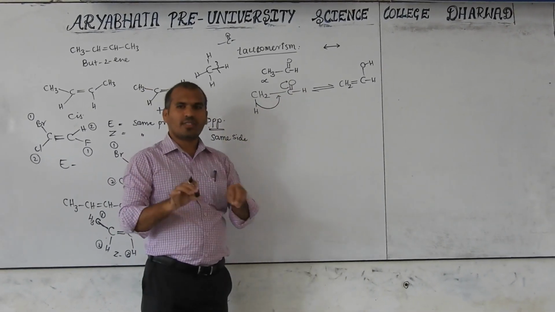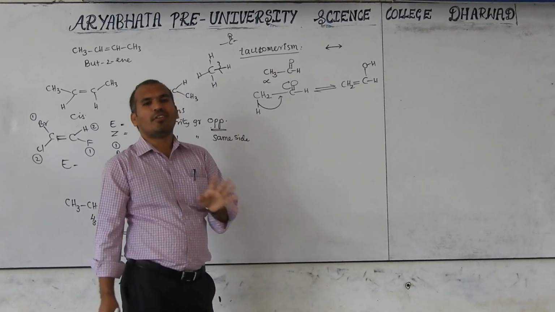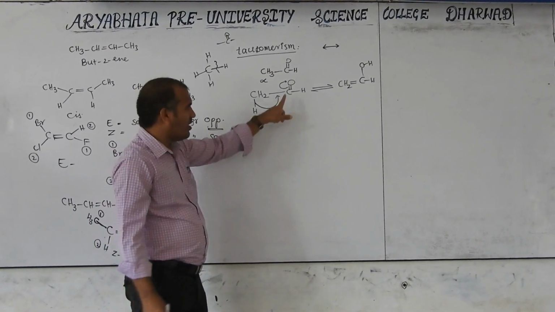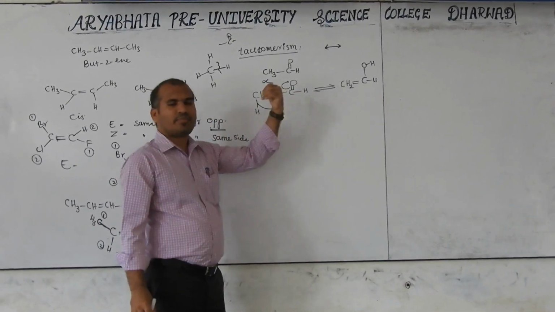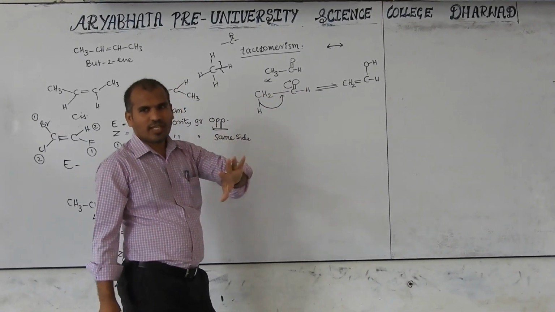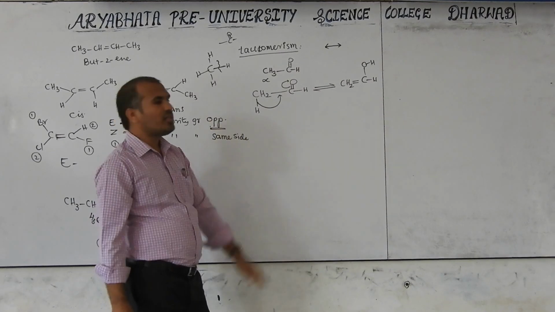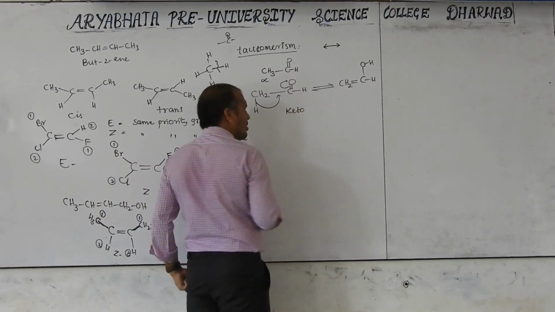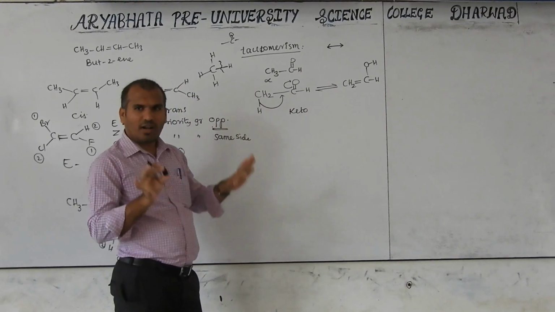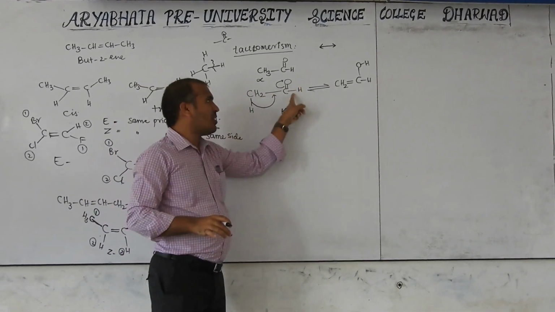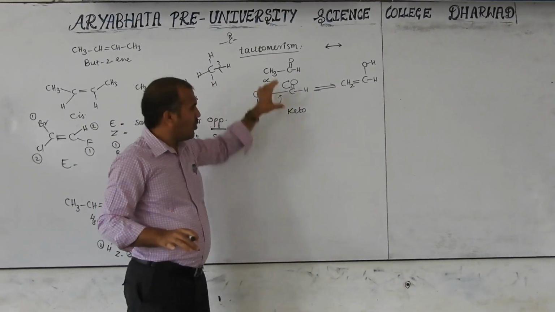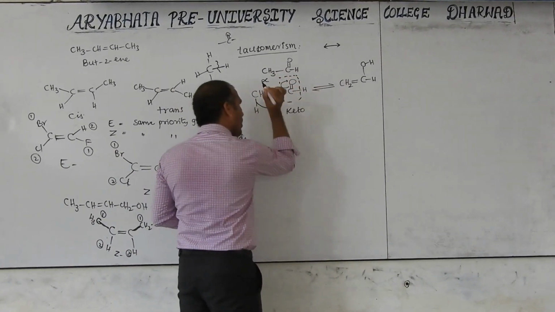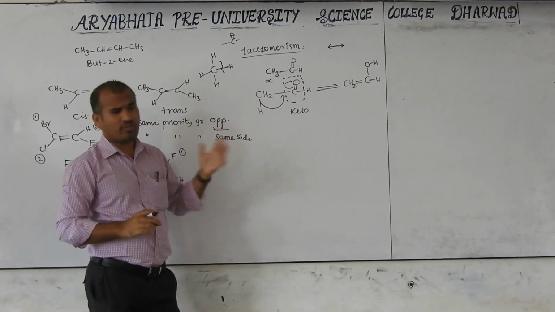Aldehyde is there, but also it is simply called as which one? Ketoenol tautomerism, not aldehyde enol tautomerism. Whatever group is there here, the respective name will come, but simply it is pronounced as which one? Ketoenol tautomerism. So now it is keto form. Which one is this? Keto form. Aldehyde is there. I am not discussing the complete thing. Only this group name I am pronouncing here. Okay? This is keto form.